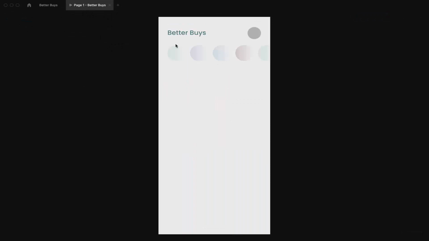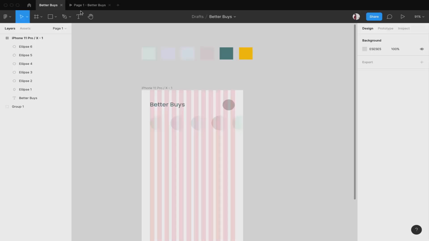So now if you look at this, it looks better. Now if we add some images over here, then it will be more appealing. Okay, so for that I'll need some time to decide on the content. Anyways, I wanted to let you know that in Better Buys we will only be selling green vegetables. Okay, so it will look better.